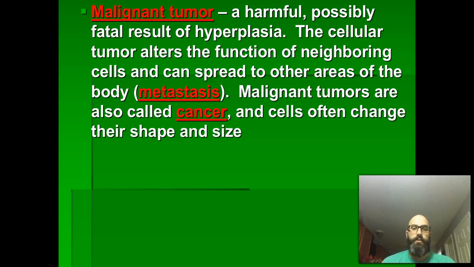Well, what they actually start doing is they start robbing neighboring cells of things they need to survive. So the cancer cells start taking over, stealing and taking all the nutrients. And that's what results in a decreased homeostasis. But another thing that can happen is called metastasis. Metastasis is when a portion of a tumor breaks off and travels throughout the body, and it can actually result in cancer in another portion of the body.